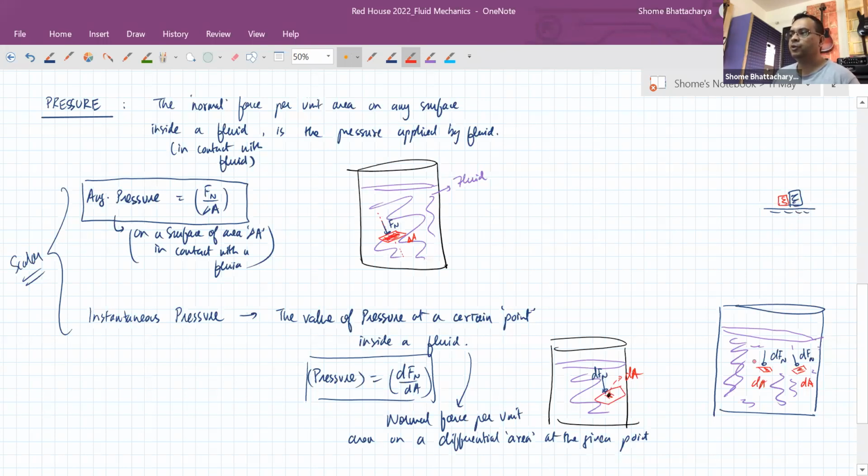But you keep this rigid body inside the fluid, and every surface of the rigid body, or every point on the surface, regardless of whether that's lying on a horizontal surface or a vertical surface or whatever, every point on the surface of that rigid body inside the fluid will be experiencing pressure and therefore force due to pressure. So that is a property that a fluid has, which is different from states of matter like solid. And when I say fluid in general, it includes gases also; it's liquids and gases.